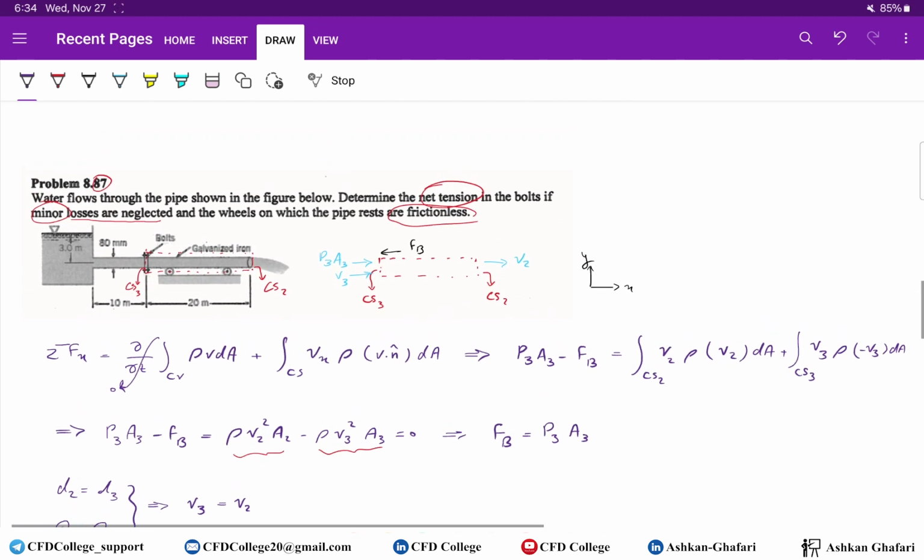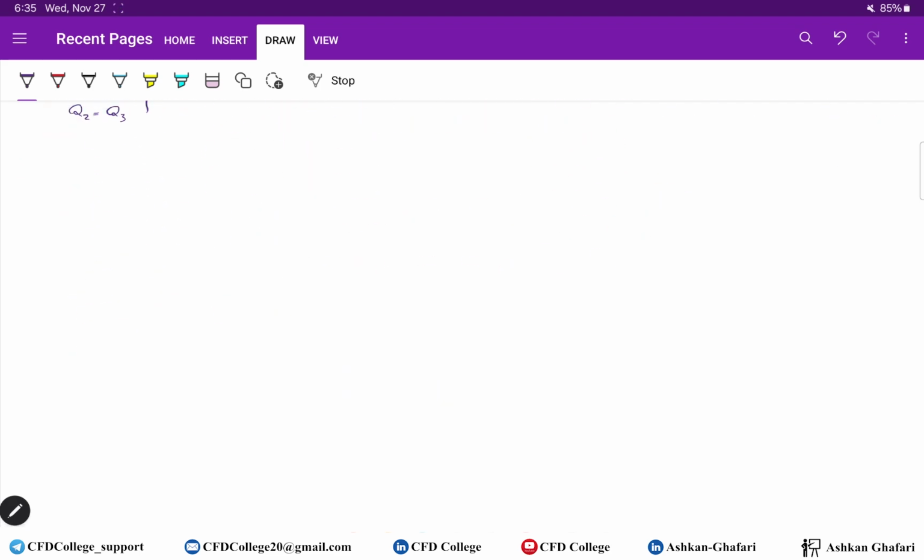Here we have point 3, point 2, and it's obvious that at this free surface we have the first key point. Now we use the energy equation between point 1 and point 2 to find the friction first. After having the friction, we can use the energy equation between point 1 and 3 or 2 and 3 to find the pressure at point 3. So the energy equation between point 1 and 2,